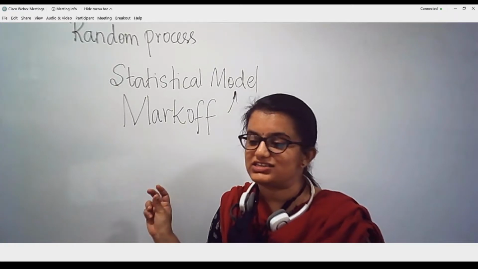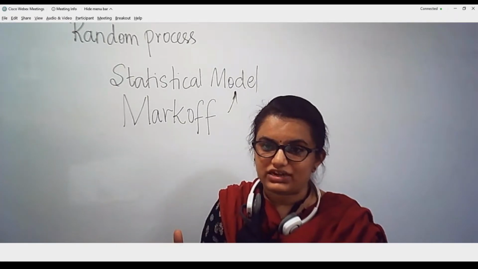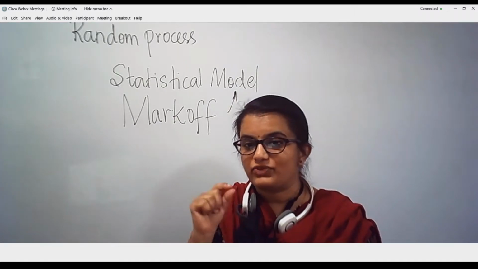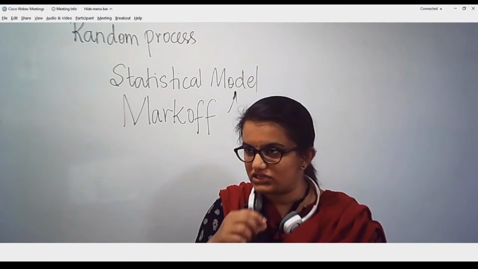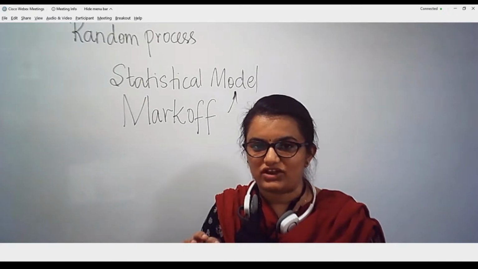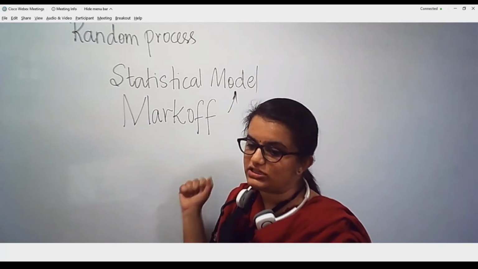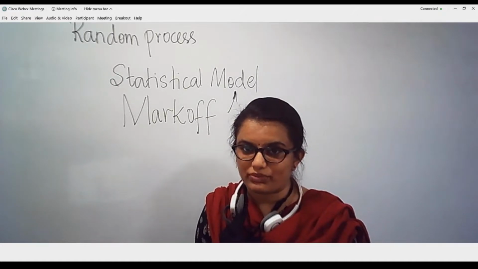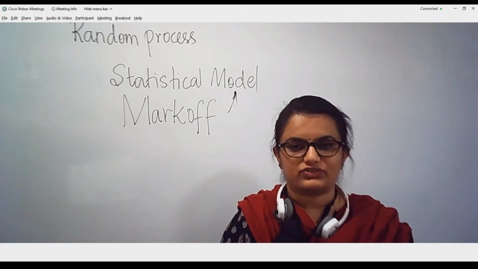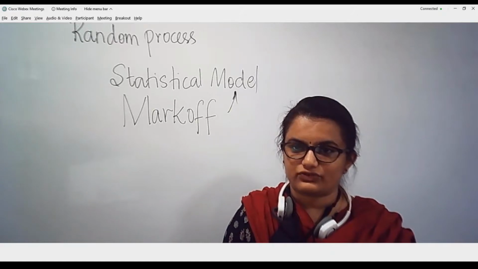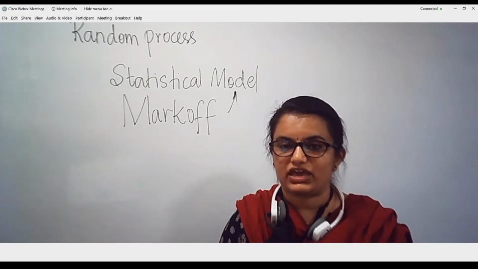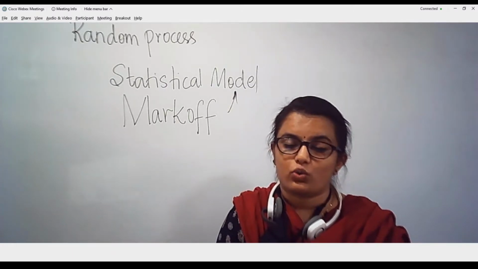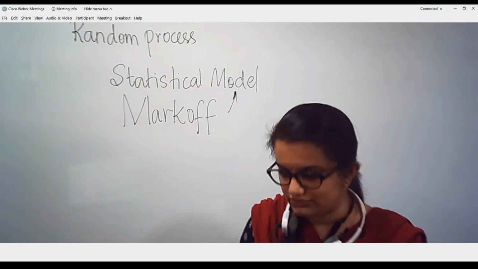What this Markov process will do is, whenever I have a finite set of states or a finite set of alphabets, I can predict the movement from one state to the other state, with what probability it is going from one state to the other. If I know that, then I can build a model which will help me in finding out the entropy, and whatever might be the length of the message, I can still measure the entropy of the system.